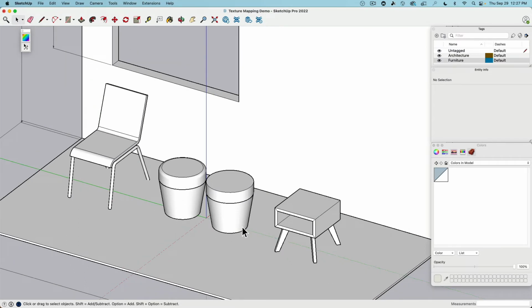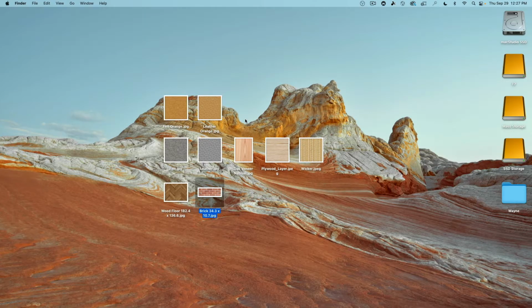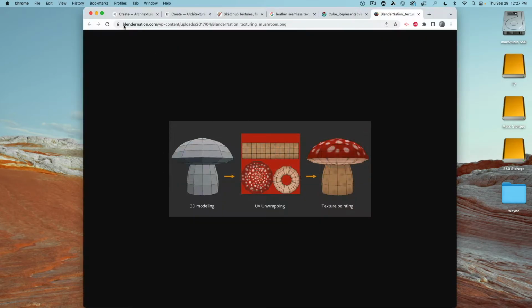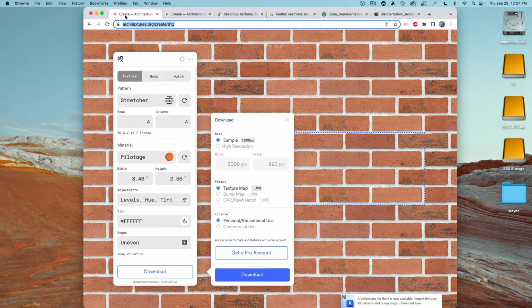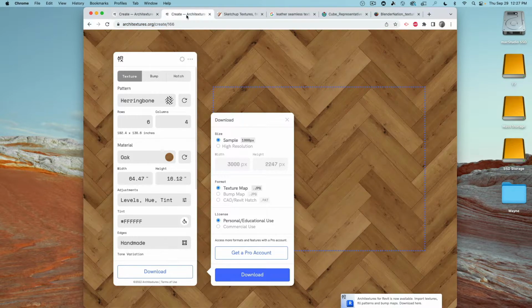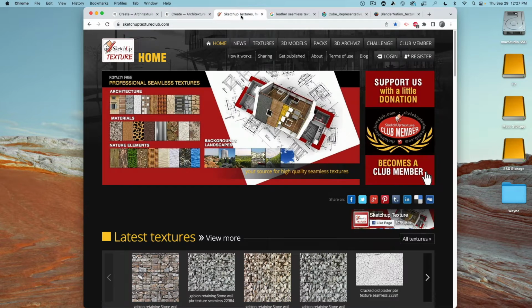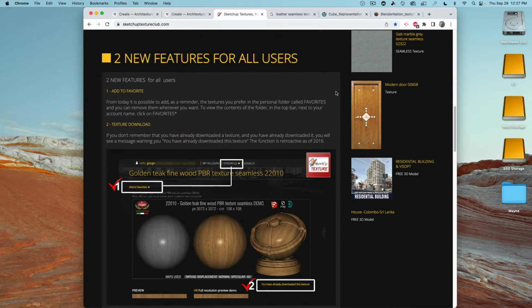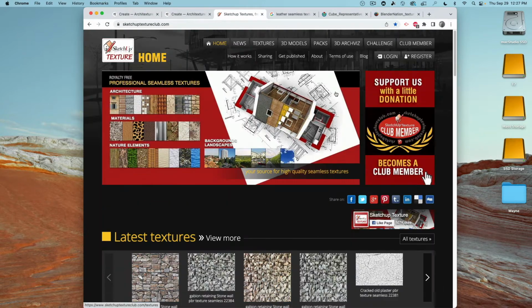cone, etc. So these textures, by the way, I got from websites like architextures.org, which is really amazing and free to use. Perfect for us interior architecture designers. Then SketchUpTextureClub.com is also very good. Just become a member, register. It's very cheap, but you help them to run the service, and they have a huge extensive library of materials